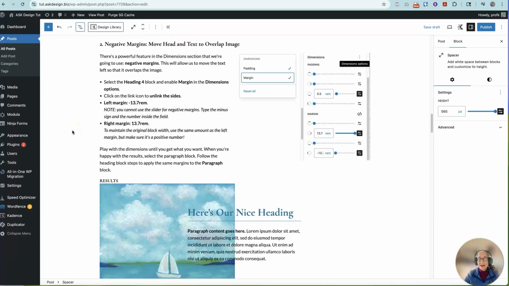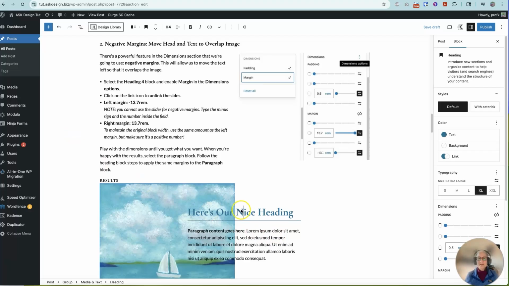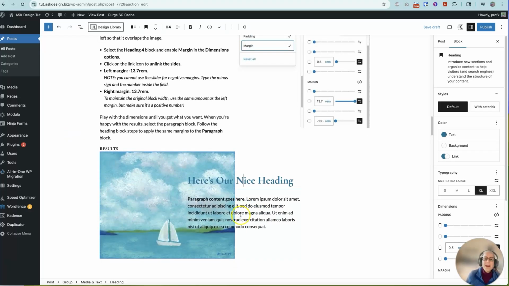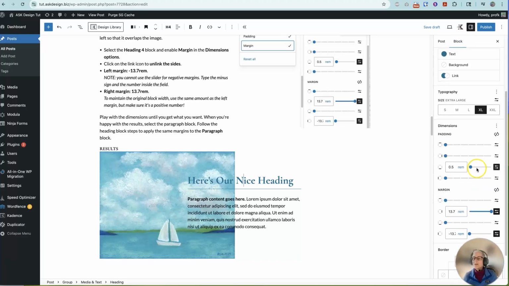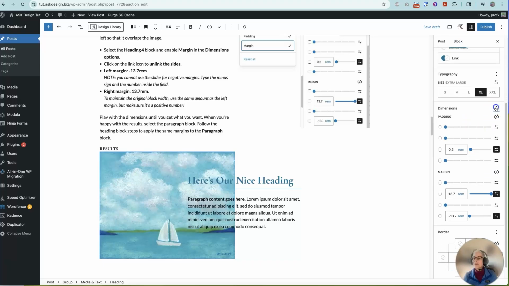Next, I'm going to add what we call negative margins. This is a powerful feature in the dimensions section, and it allows us to move the text either left or right. Here we'll move it left so that it overlaps the image. So I'm going to select the H4 heading, and enable margins in the dimensions area. So let's make sure in our sidebar we've got the dimensions section right here,